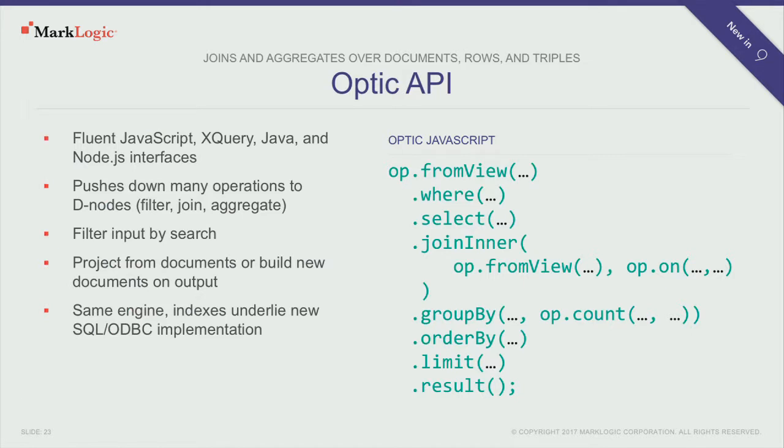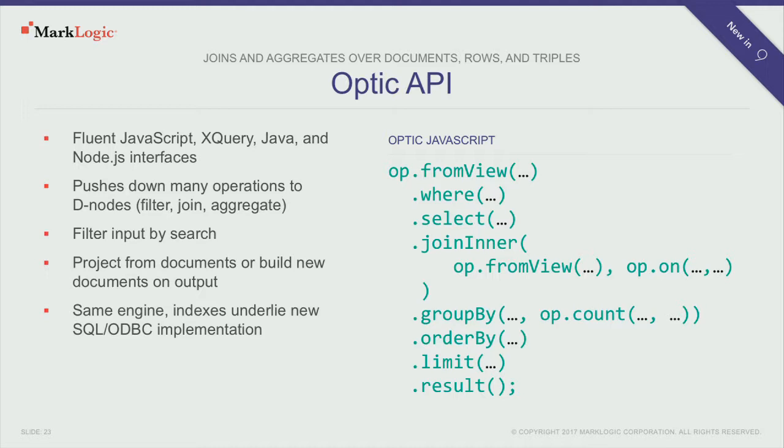So on top of that new index, those relational views, we've provided a new API. And it's a lens into that data. And because it's a lens, we're calling it the Optic API. So this is a language-integrated way of doing things like joins and aggregates. Traditional relational things, but also some of the graph type of queries that you've been associated with SPARQL before. So this allows us to bring those together into the same language.